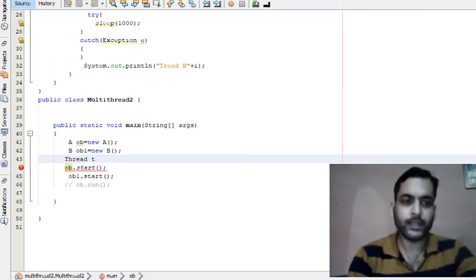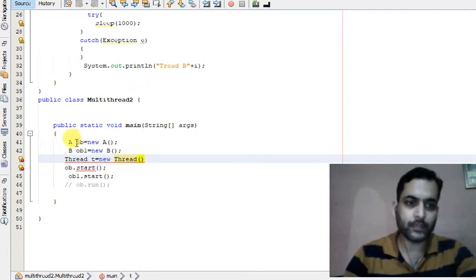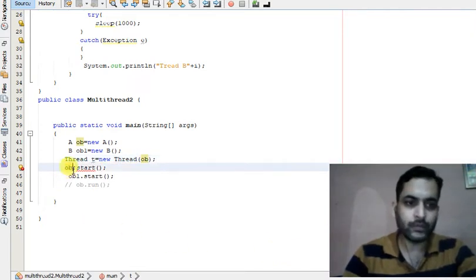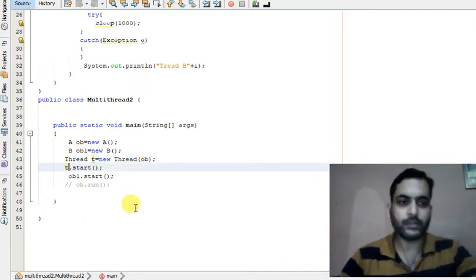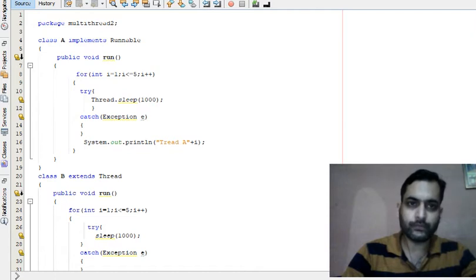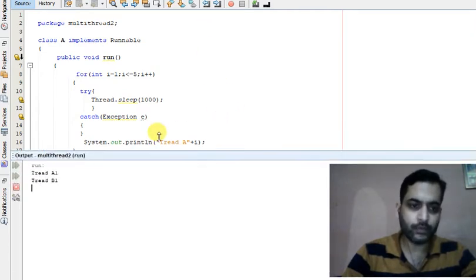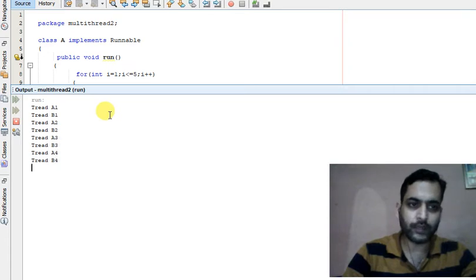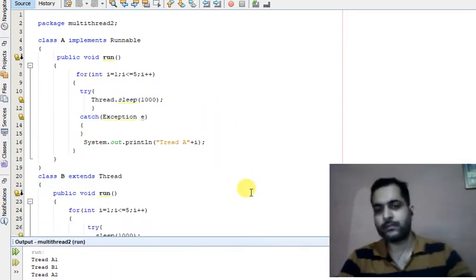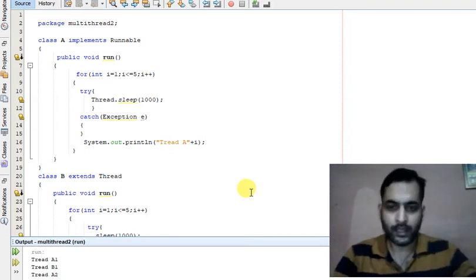Thread t is equal to new Thread, and pass this object OB in this Thread, and now call the start method with this. So now it should run fine. Now let us run the code, and now it is running fine. So this way you can create a thread by extending the Thread class or by implementing the Runnable interface.